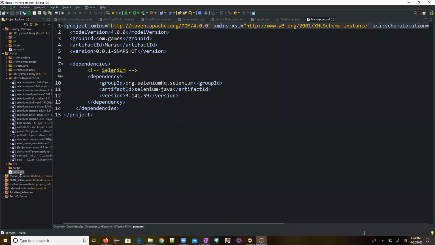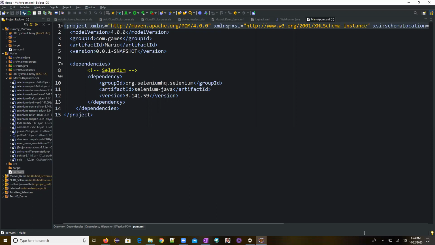So pom.xml is the configuration we set up for our executions: in which phase it has to be executed, what plugins and dependencies I need to use, and what configuration settings I need. All this information will be available in the pom.xml file.